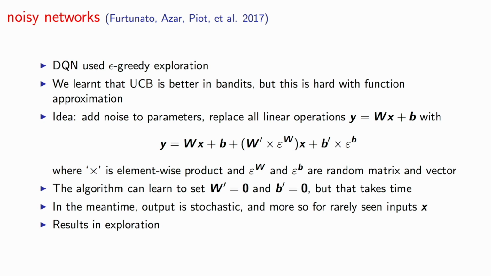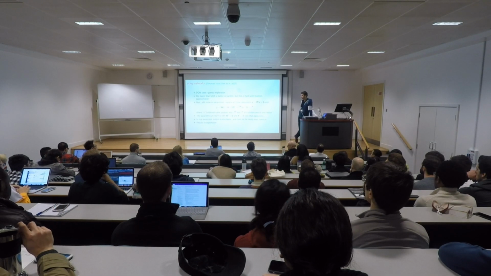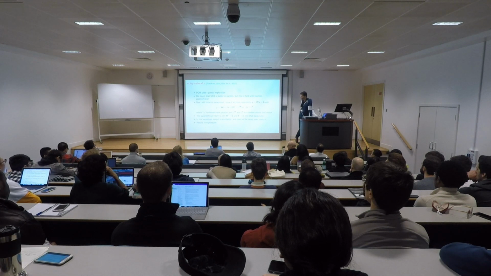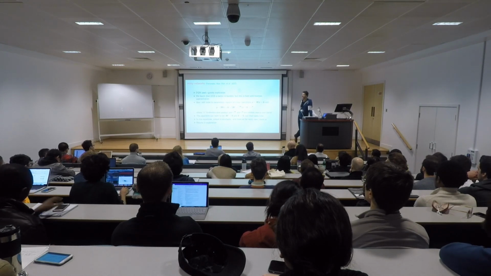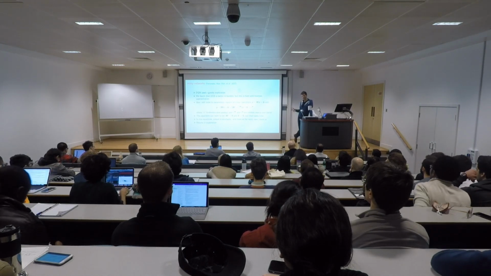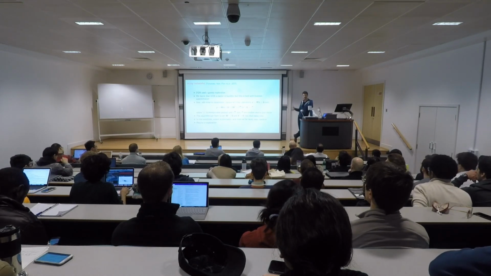Why wouldn't we just add noise to the weights and biases themselves? They could be learned to be set to 0, right? You can add noise to the weights and biases themselves as well, yes. But the idea is that you have to tune how much noise there is, and you want to reduce this noise appropriately somehow, which you might then want to fix.